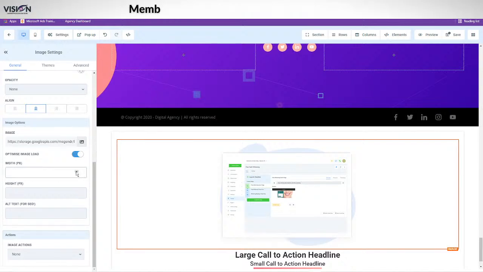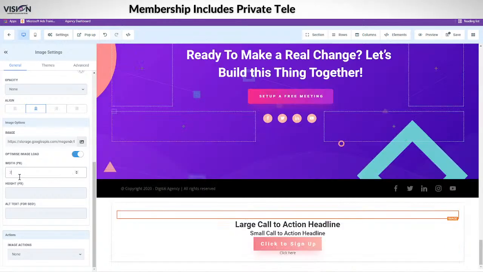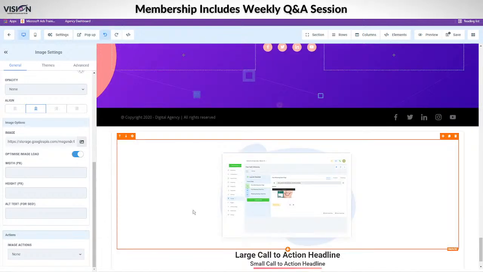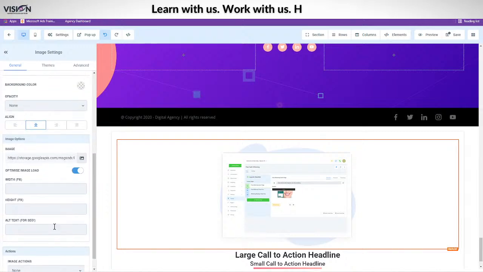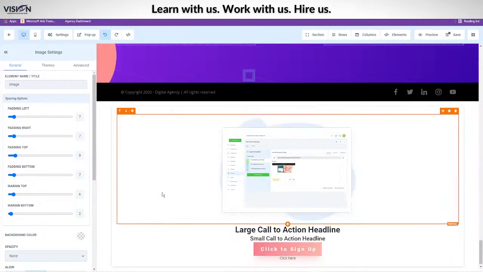Okay, so I can also adjust the width if I want to. I actually didn't mean to do that, but here's what you can do. You can just click the back, and then it will fix it. Okay, we actually have that now. So there's the basic settings right there.